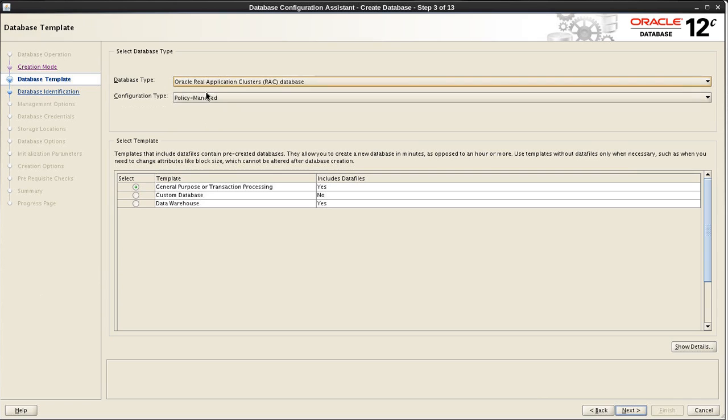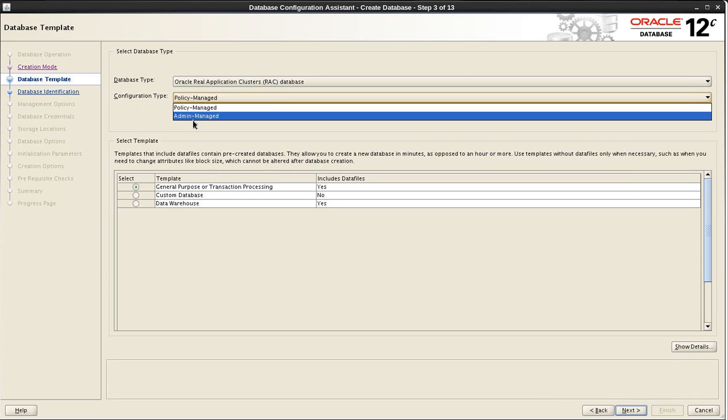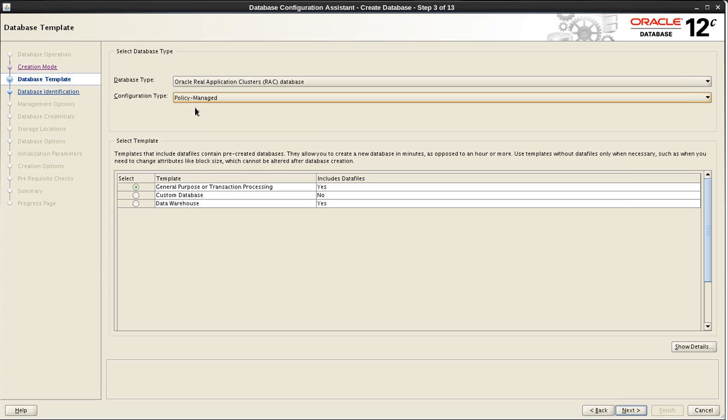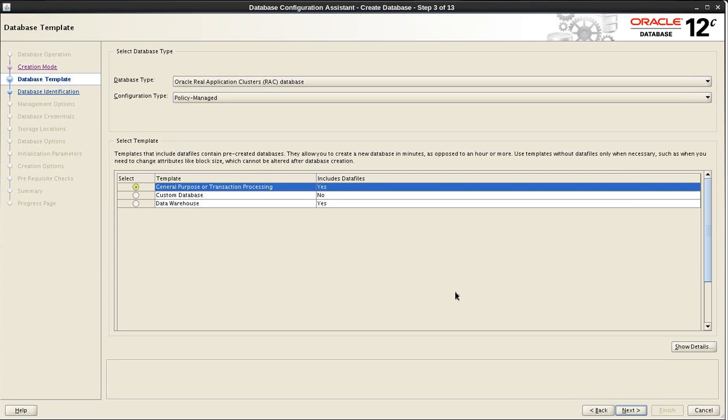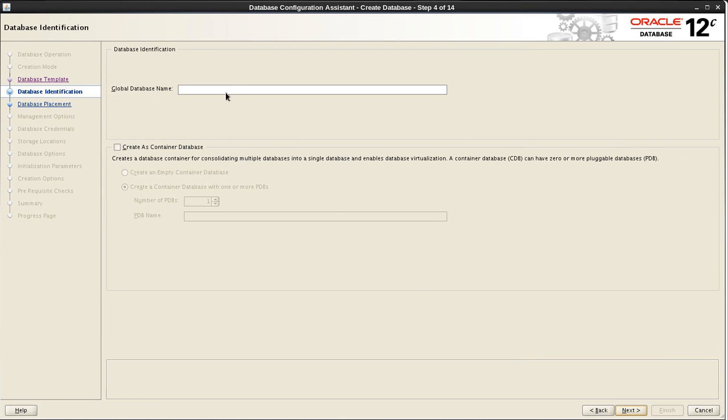We're going to use a policy managed database rather than the traditional admin managed. So policy managed was a new feature in 11.2.0.1. I'll let you read more about the policy managed database in the Oracle RAC Admin Guide. I'm not going to explain it here. So our database type is going to be general purpose or transaction processing. Our global database name is going to be